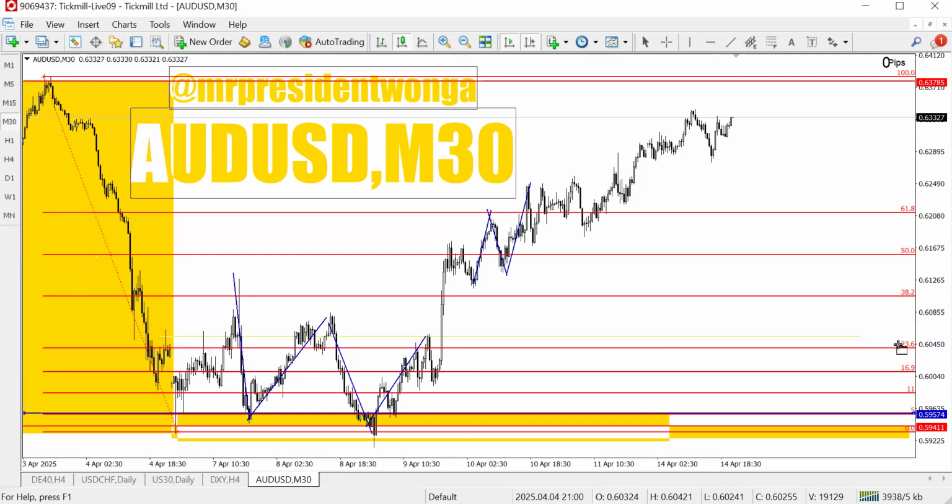You can clearly see that the 23.6 level was some sort of a crucial level, and the price retraced back to this level and it started moving. The price started moving to the upside. Okay, so in this zone here, the 61.8, the 11% level, the 5% level,